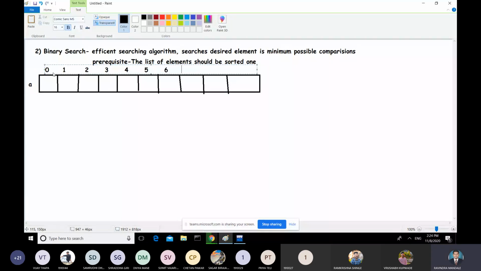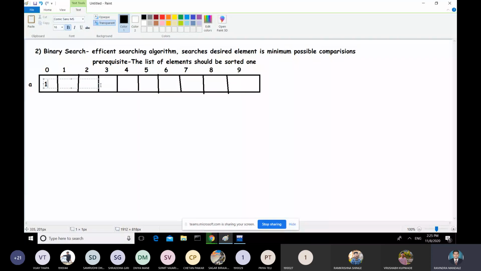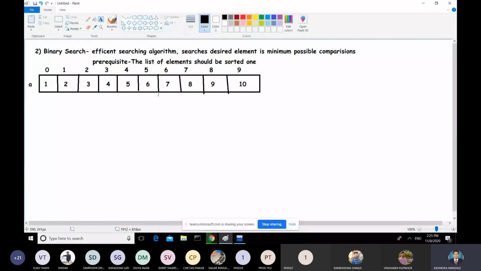Index starts with 0 and ends at 9. And as the elements should be sorted, I'm taking ascending order elements: 1, 2, 3, 4, 5, 6, 7, 8, 9, and last I'm taking 10. The elements may be in either ascending or descending order.